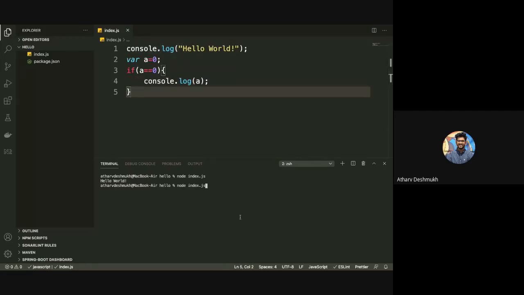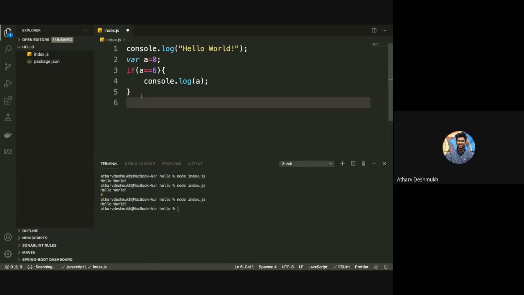Let's try that. Yeah, I'm getting that value, right? And if here I say that if a is equal to 6, then and only then print a, now it should not be there, right? Because a is not 6. So it's working fine. And for loop also is the same as we use in any other languages, like for i equal to 0, i less than 5, i plus plus.